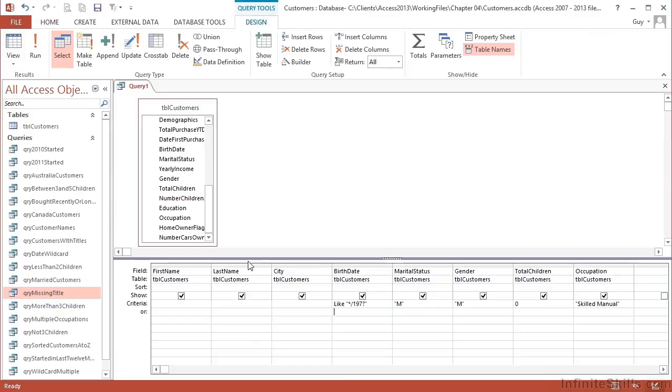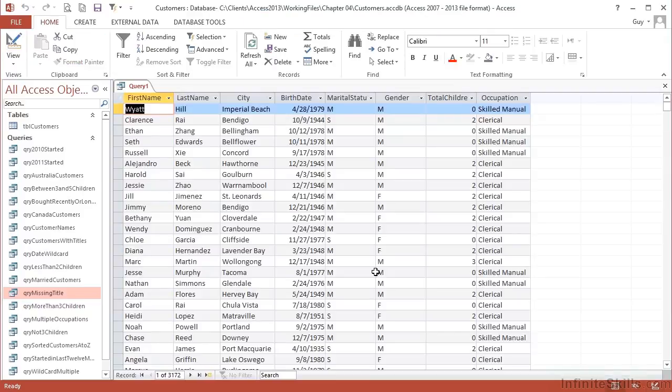So that's multiple criteria. And you can see we've been able to use multiple criteria on date fields, number fields, and text fields using any of the comparison operators we've already used, the betweens, the more thans, the less thans, the wildcards that we have used here in the birth date field will all work together. It is possible to join together multiple criteria and or on the same column. For example, in the occupation, if I also want to add in clerical workers, I could add that on the or line and then view, and you'll see now that our records go shooting up to 3,172